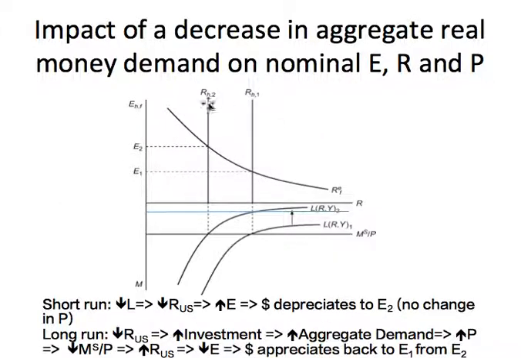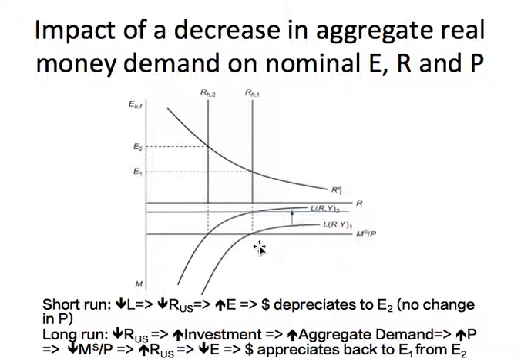The top part, as you know, corresponds to the foreign exchange market, and the bottom part corresponds to the money market, where we have the real money demand curve, and these horizontal curves represent the real money supply curve. Now, suppose that there is a decrease in aggregate real money demand. Initially money demand was given by this L1 curve. Because money demand decreases, the money demand curve shifts to the left. That is, it shifts to L2, and